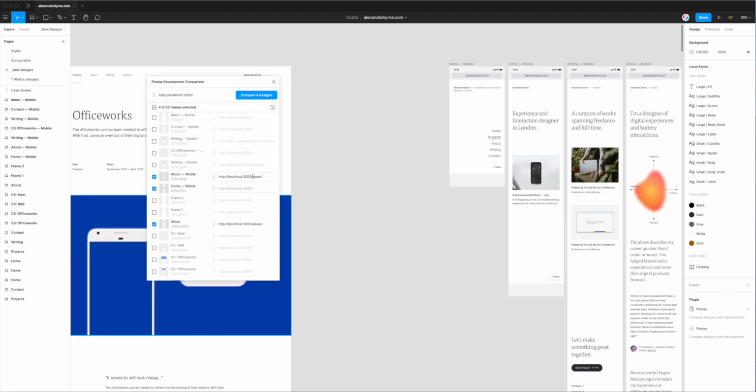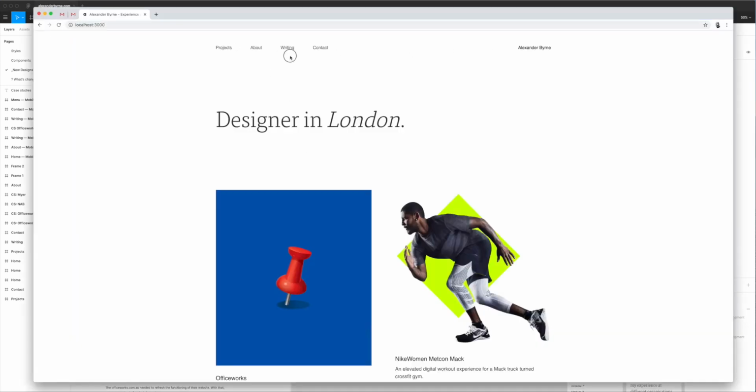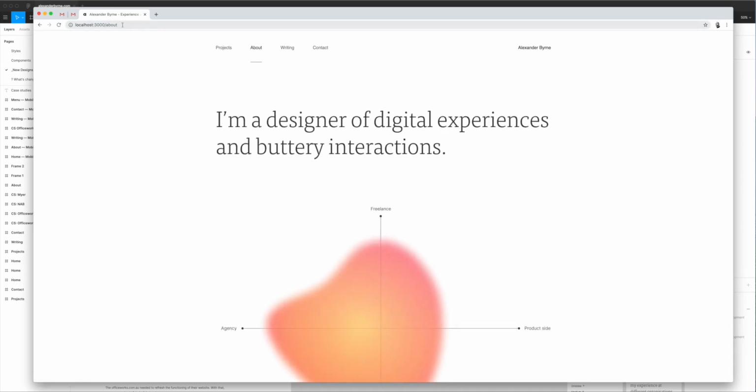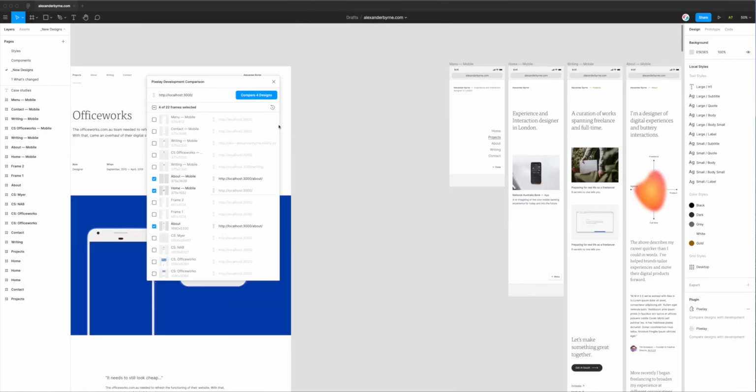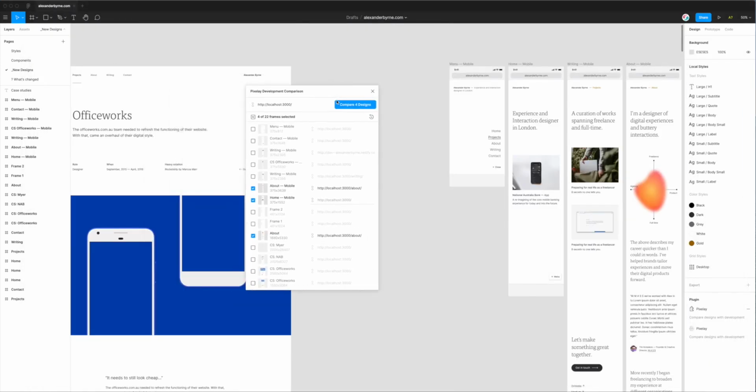And then the overriding page is here, so about and /about, which correlates to this about page here. So that's where I got that URL from. So now that we've got all those ready, I can click on this Compare 4 Designs button. So it's going to compare those 4 frames we just selected. So if I click on that,